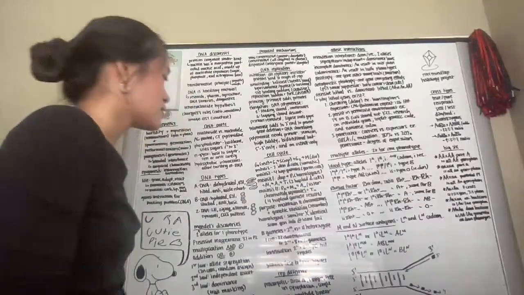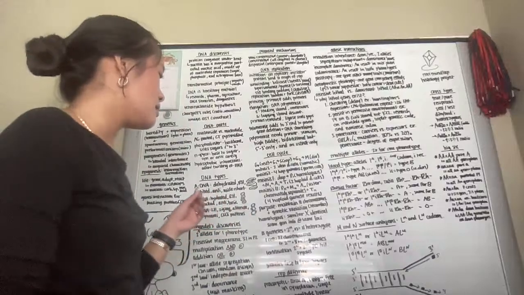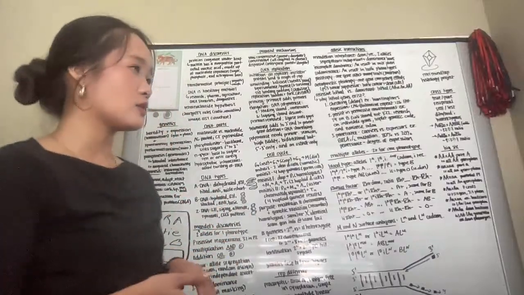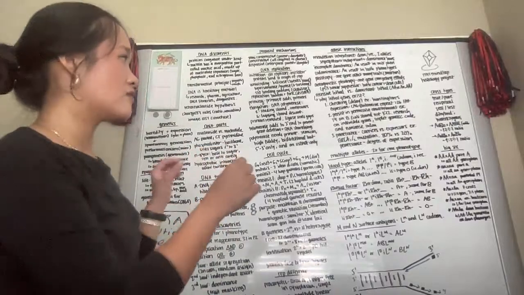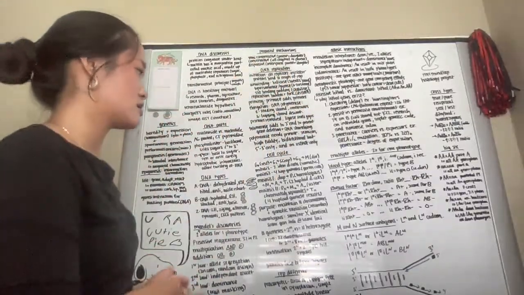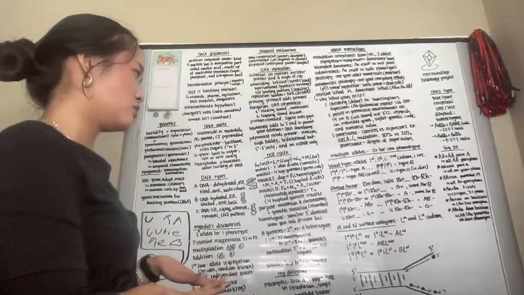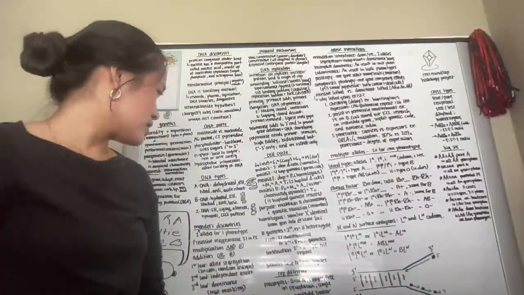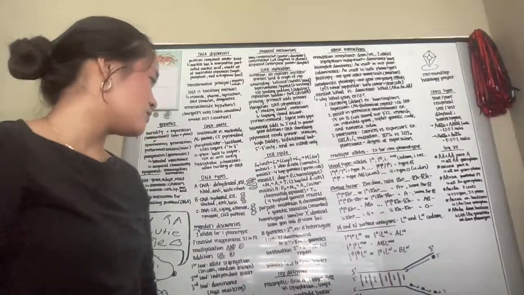Homologous chromosomes are basically similar chromosomes that have the same genetic info at the same loci. So they have the same genetic information at the same kind of locations, but they're not always identical, but they can be. So to calculate the number of gametes, it's 2 to the power of n,